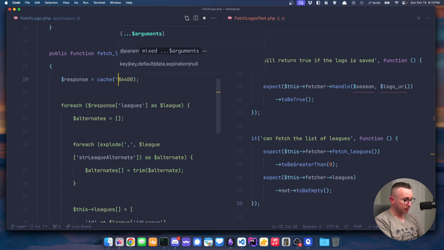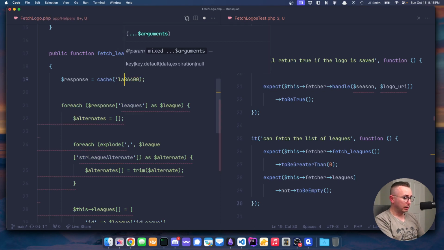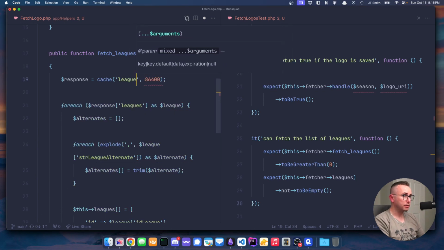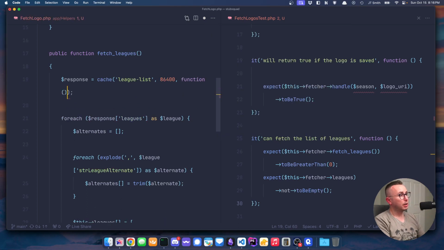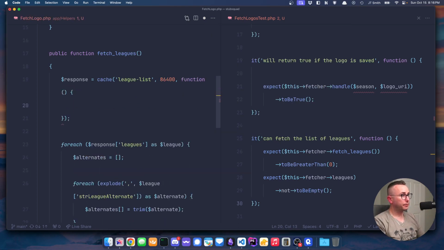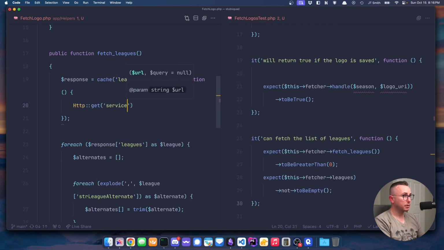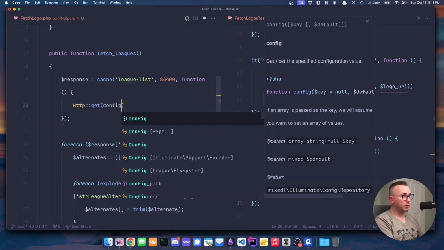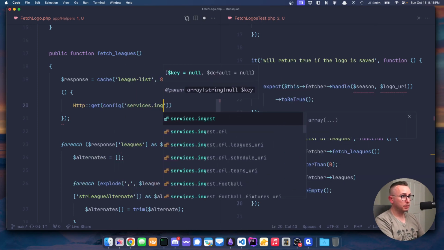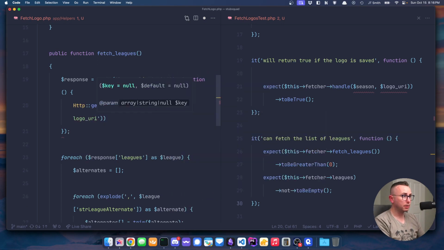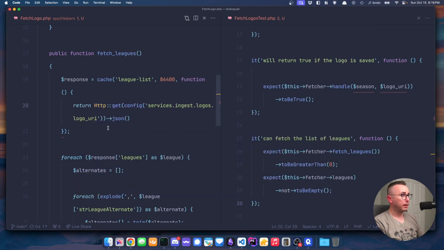Okay, so we're gonna call this league, and there's a placeholder I use for some of these too. So league list, and we want a function that returns HTTP get. This is going to be config services ingest logos URI JSON. Okay, and so